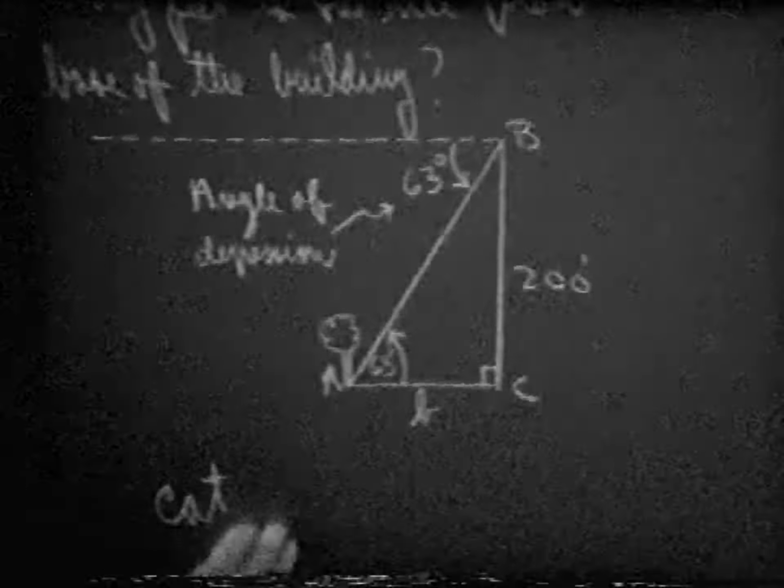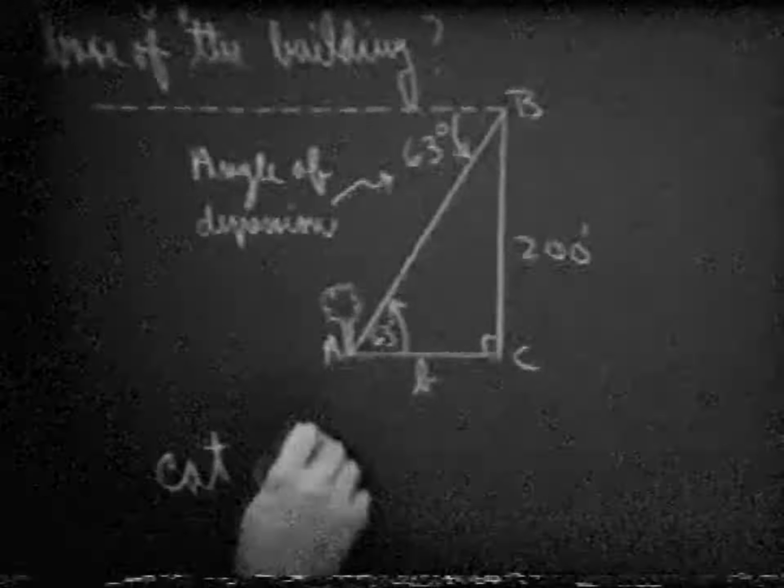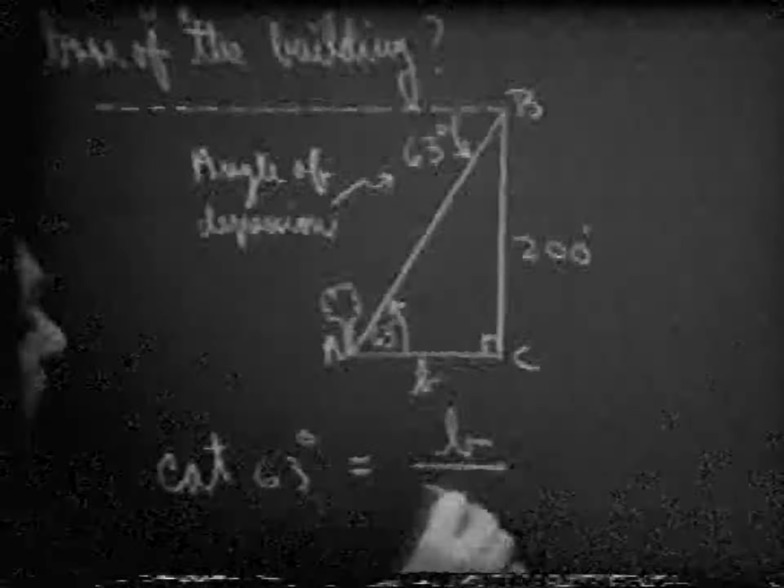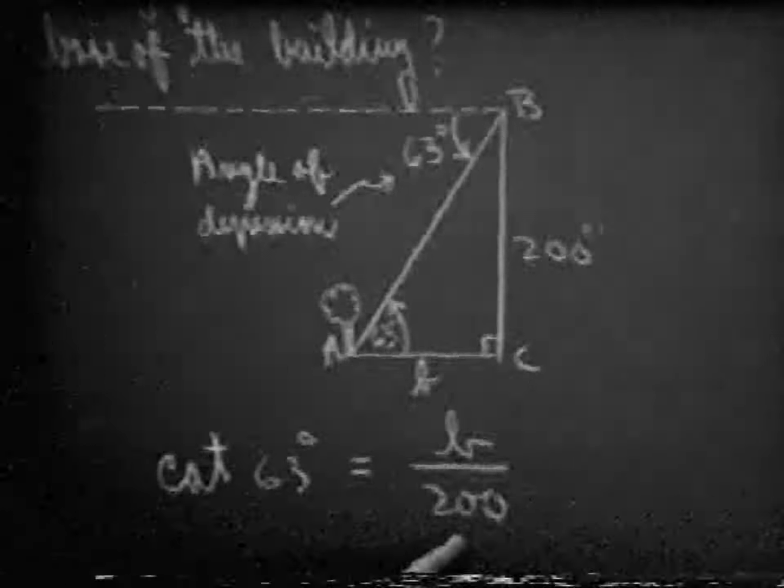Because what can you say? The cotangent of 63 degrees is equal to B divided by 200. Is that right? B divided by 200. And therefore, B is going to be equal to 200 times the cotangent of 63 degrees, and that immediately gives you the value of B. Okay? Well, I've already looked up in the tables before the lesson started what the cotangent of 63 degrees is, and it turns out to be